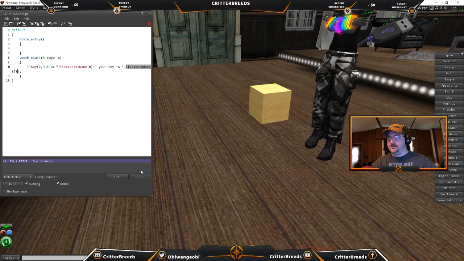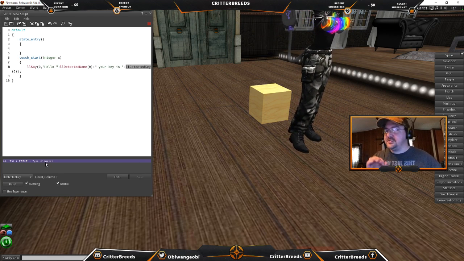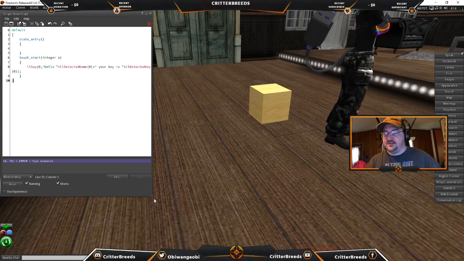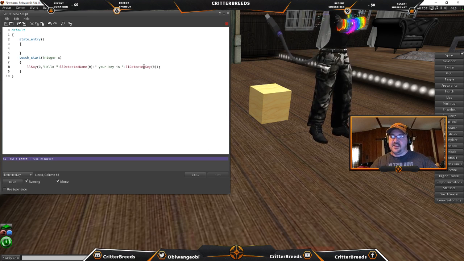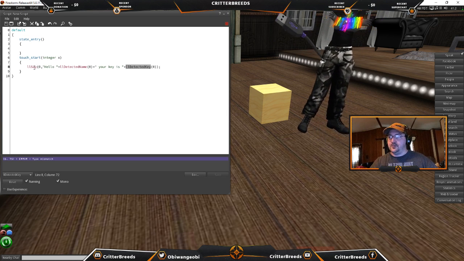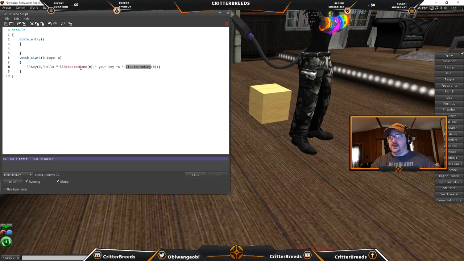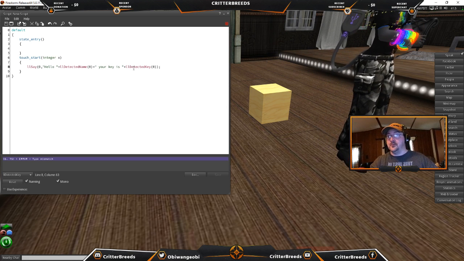So we'll save that, and we get a type mismatch. Now this is where sometimes Second Life helps you out. You get a type mismatch, and basically what that's saying is that this is a key, and if we remember, say has to have a string as the output, and because we're adding a key which isn't a string, even though it really is, and